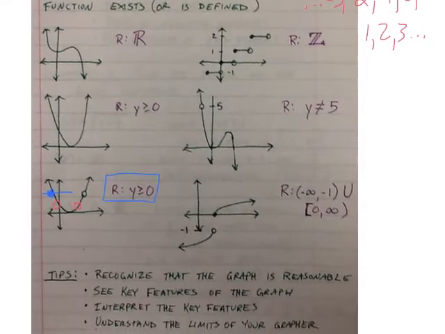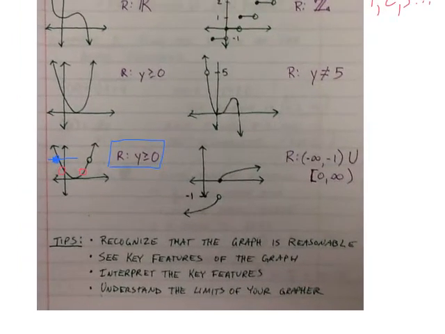Okay, some tips. Recognize that your graph is reasonable. So if we have an intuitive understanding of parent functions and transformations, we should be able to start to recognize reasonable graphs. And then also you want to make sure that you see all the key features of the graph. If you know it's like a 4th degree polynomial, don't just look at this on your screen,